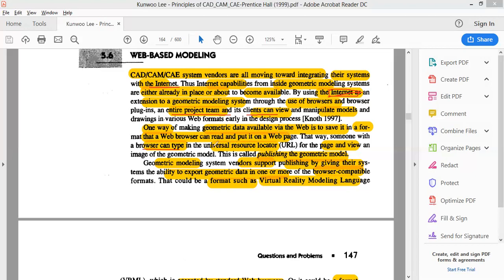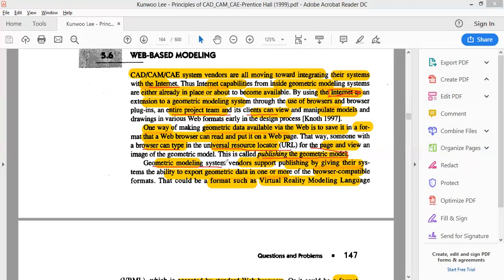Okay, right. So for this, one of the things is that they can type in the URL in the browser, where it is called publishing the geometry model. Okay, we have to publish this model onto the website, sorry, not onto the website, onto the internet, where it should be accessible only for particular people, it should not be published in general. Okay, right, where anybody can access it, it is only for restricted access, only for certain people. So all these geometry models have to be uploaded onto the internet.